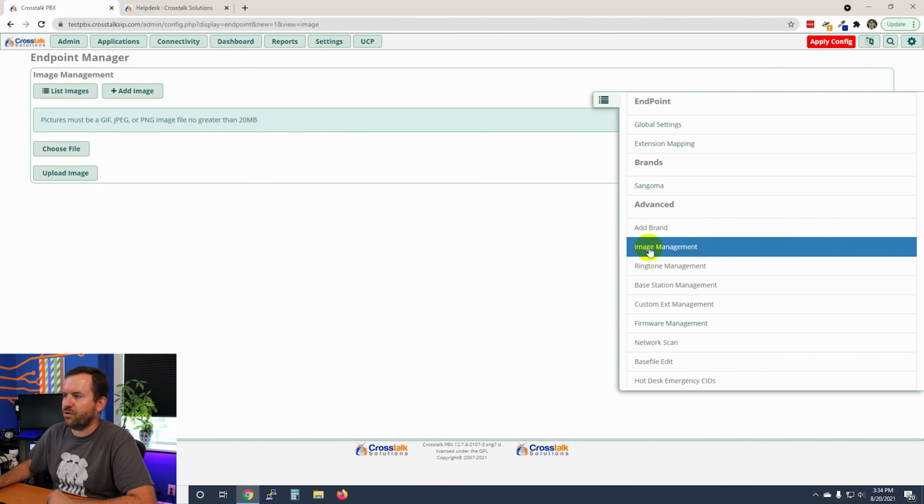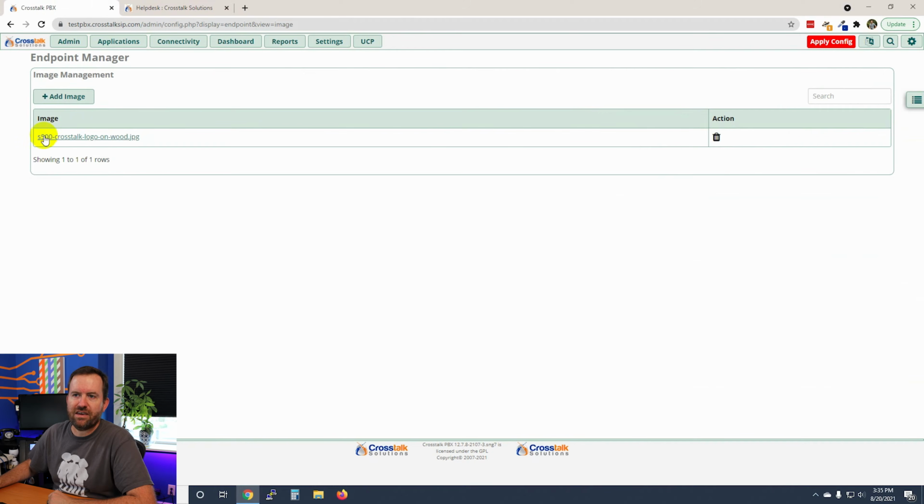Now if we go over here to Image Management again, we should see that we have one image here. It's specifically made for the Sangoma S500, which is the phone that we're going to be using in this demo setup that we're doing. We also need to make sure that we are telling the phones which firmware version to